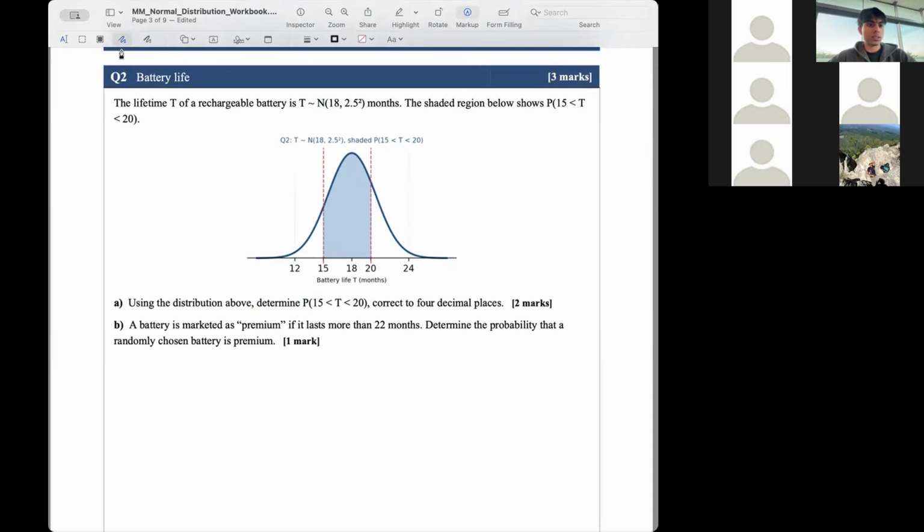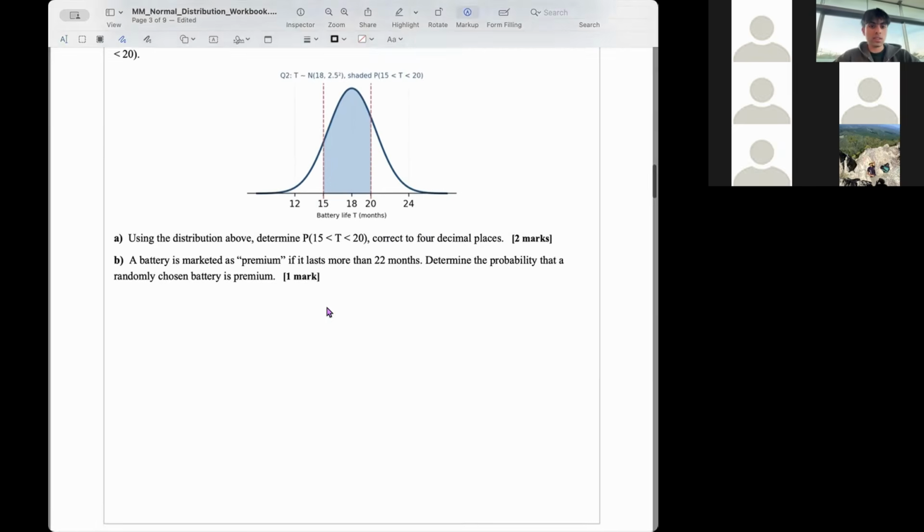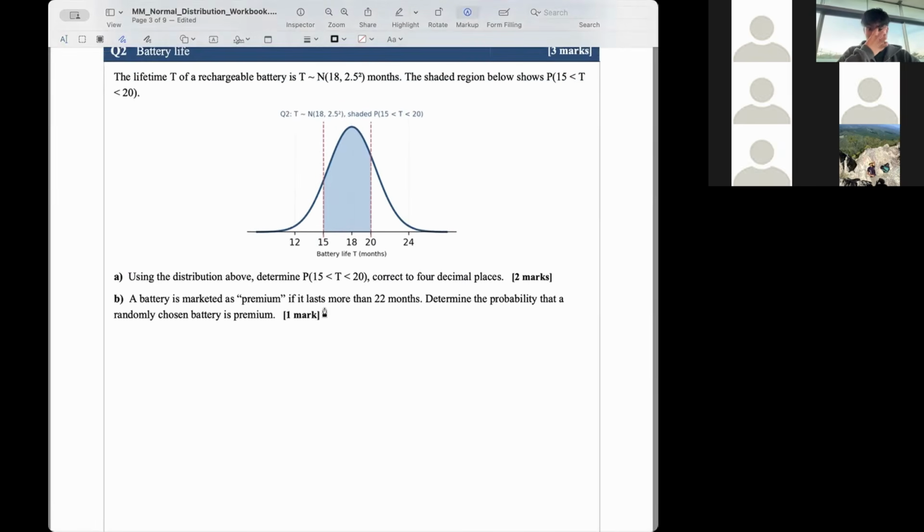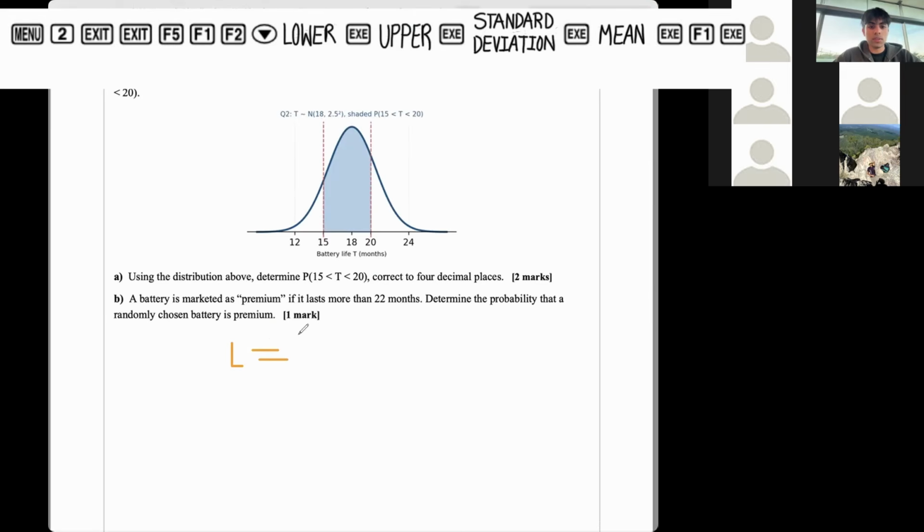This is another just calculator job. This time they've saved me from having to draw a normal distribution, which is great. So we can go to a lower value of 15, an upper value of 20, as we're going to be finding the area from 15 to 20. Then, of course, subbing in the mean of 18. This part's the easy part, and the standard deviation, which we just read from this time, is going to be 2.5, because once again, we square root 2.5 squared,